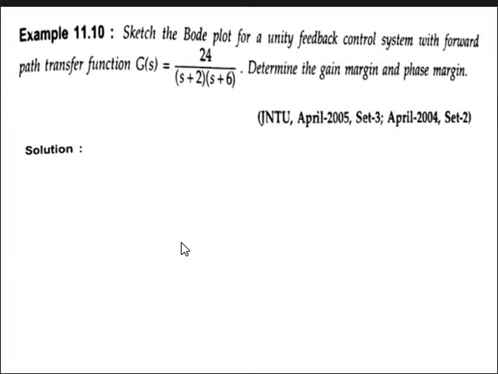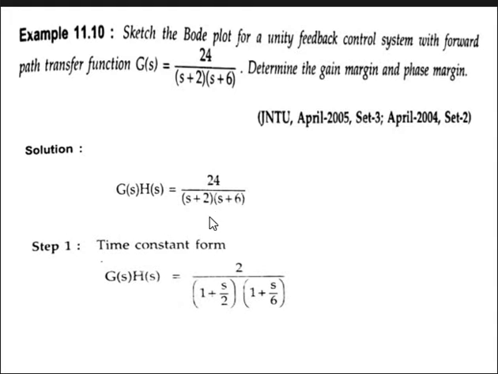So the given function G(s)H(s) is equal to, here it is a unit feedback system, so the H(s) value is 1, so G(s) multiplied with 1 is nothing but the same function, so G(s)H(s) is equal to 24 / ((s + 2)(s + 6)). Now this can be split into the time constant form. Why? Because this is a simple pole other than the origin, so it can be represented in 1/(1 + Ts) format,